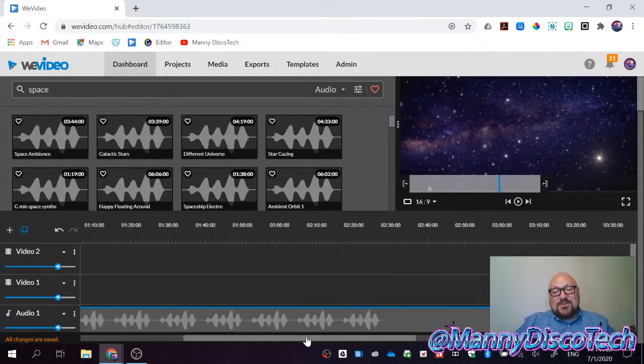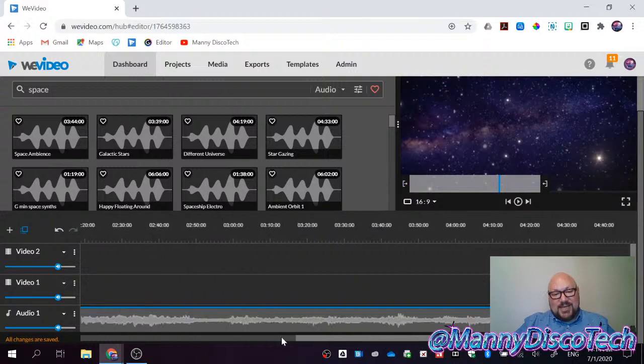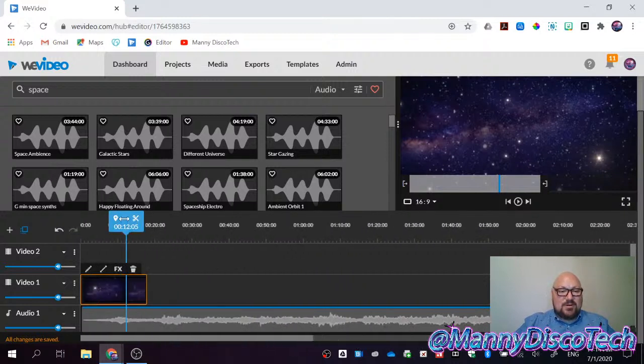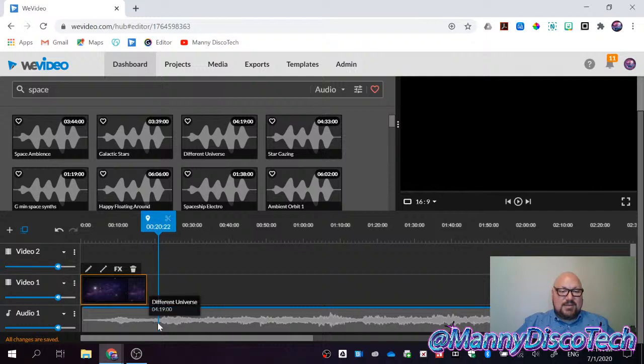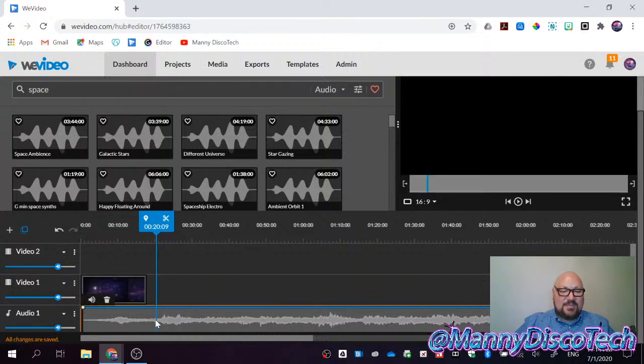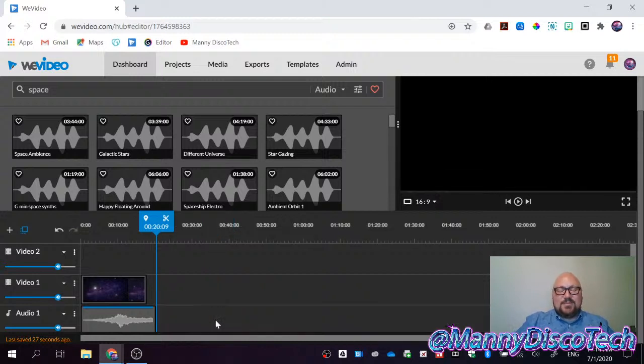So instead of going all the way here and cutting it, I'm just going to use my marker. And I want to cut it. Well, I can't cut the audio because the video is selected. So I'm going to select the audio, and I'm going to cut. And I know I did not cut it perfectly, but it doesn't matter. Because look, you have this thing here that used to be a magnet. To me, it makes more sense than a little square that's flying up in the air.